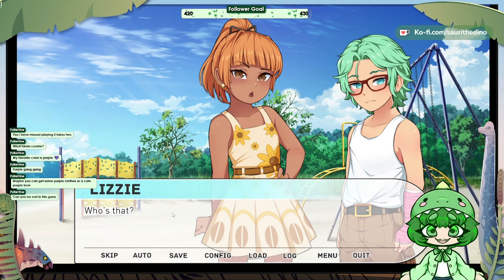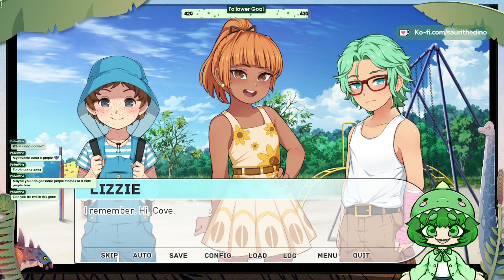Oh, Lizzie's adorable. Can you be evil in this game? No. I mean, you can be aloof and stuff, but not evil. It's a very wholesome game. There's no bad ending. Basically, Cove is the only love interest in the base game. Is this little boy. As we grow up, we're going to go through childhood, adolescence, young adulthood, and adulthood. I could be aloof and not really care for him, but that's about it.